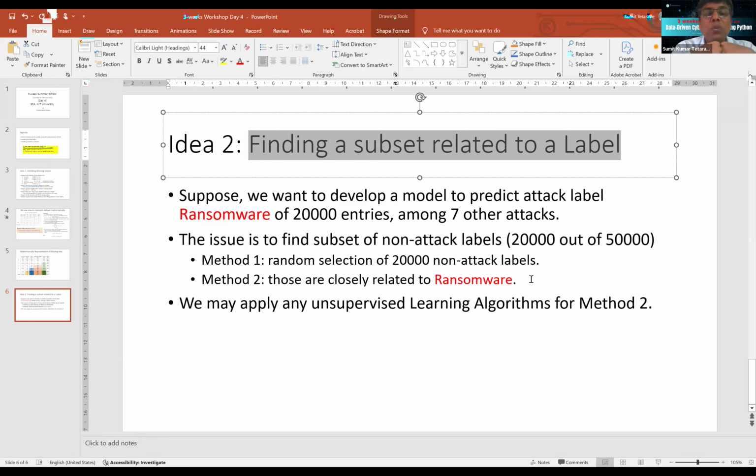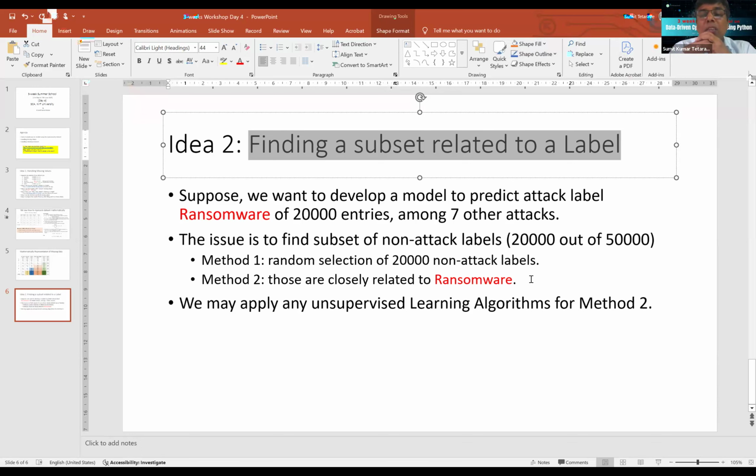And I hope if you do this thing, it's very latest, or I don't know if anyone has experimented with this or not. But if anyone is able to do it, please inform me that you are able to collect the closest sample, non-attack sample related to ransomware or any attack, related to injection attack. It means you have to find out, in the mixture of the non-attack data, what is related to that attack,